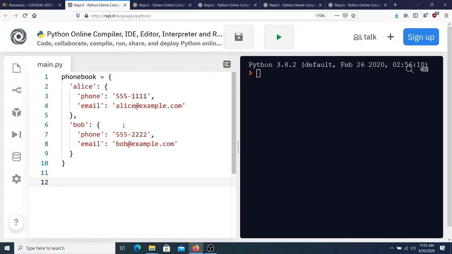So if we wanted to get somebody's, let's say, email from the phone book, maybe we should have called it directory, but we already called it phone book. So we would say phone book, their name in square brackets, and then the thing we're trying to retrieve. In this case, because remember, this is going to return a dictionary, and then we want to retrieve the thing from the dictionary. So in this case, we want to get their email. Now we could wrap this whole thing in a print, but let's just say email equals